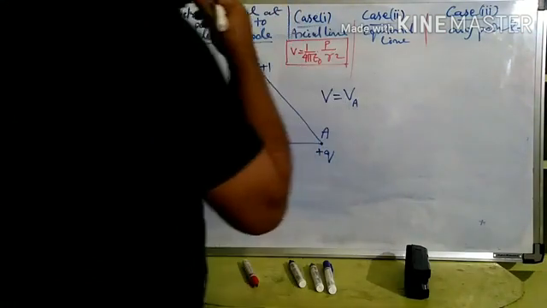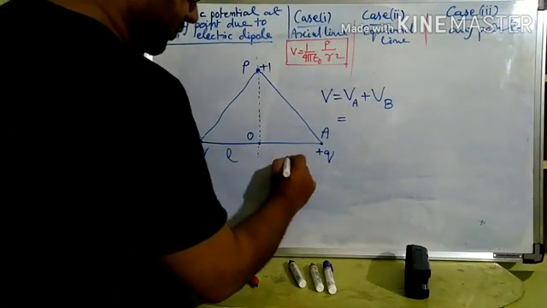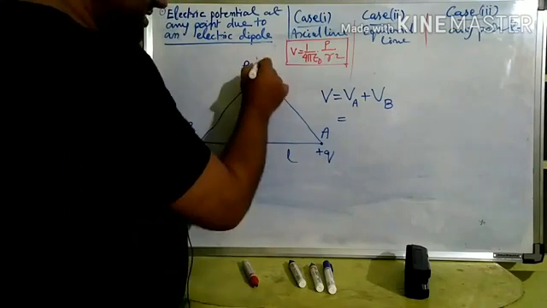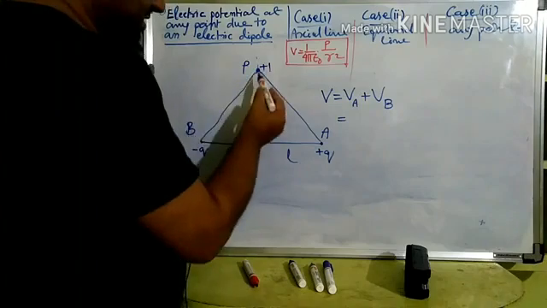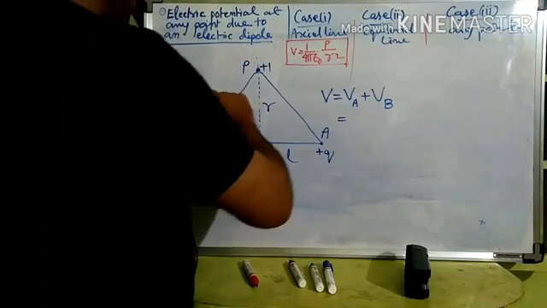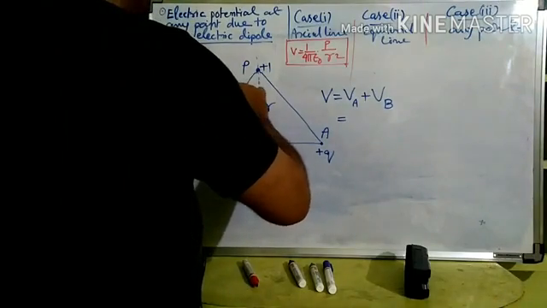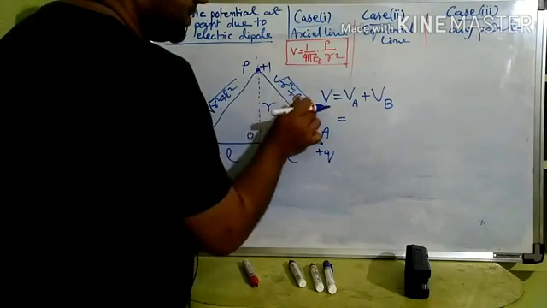Same is the story. Now total V is equal to V due to A plus V due to B. Now see, the length we are taking: OP is equal to L, OA is equal to L, and the distance of the point from the dipole is equal to R. Now consider the right angle triangle PBO. Don't you think that this is equal to root under R square plus L square? Just the Pythagoras theorem, and similarly this also is root under R square plus L square.